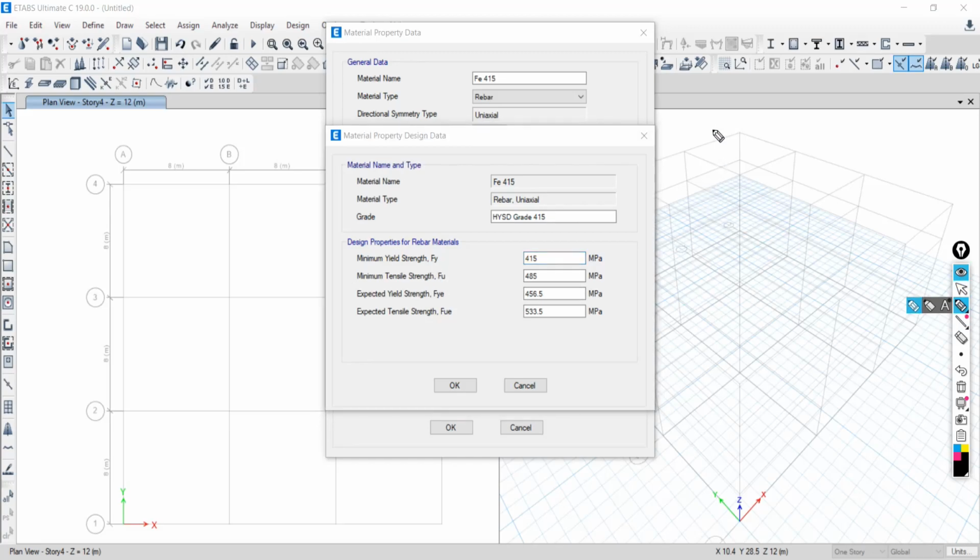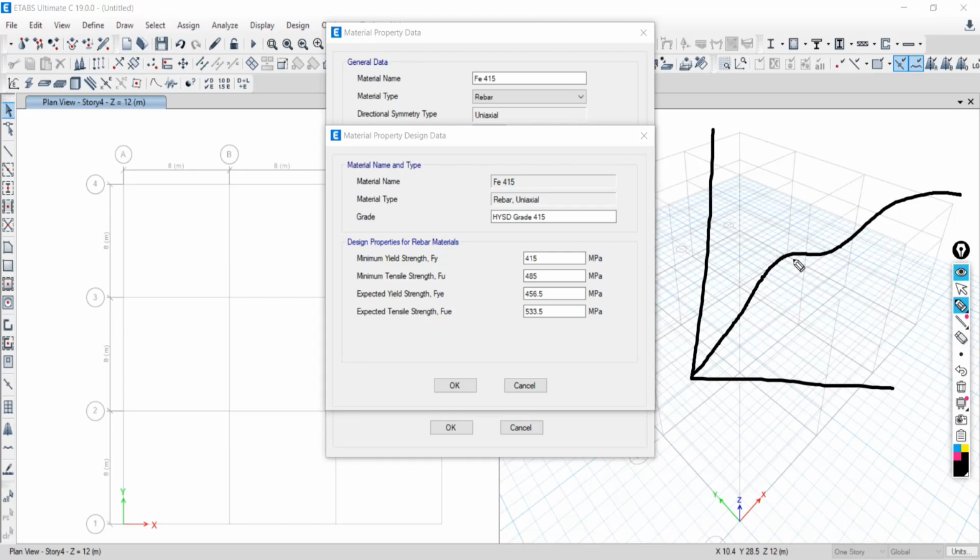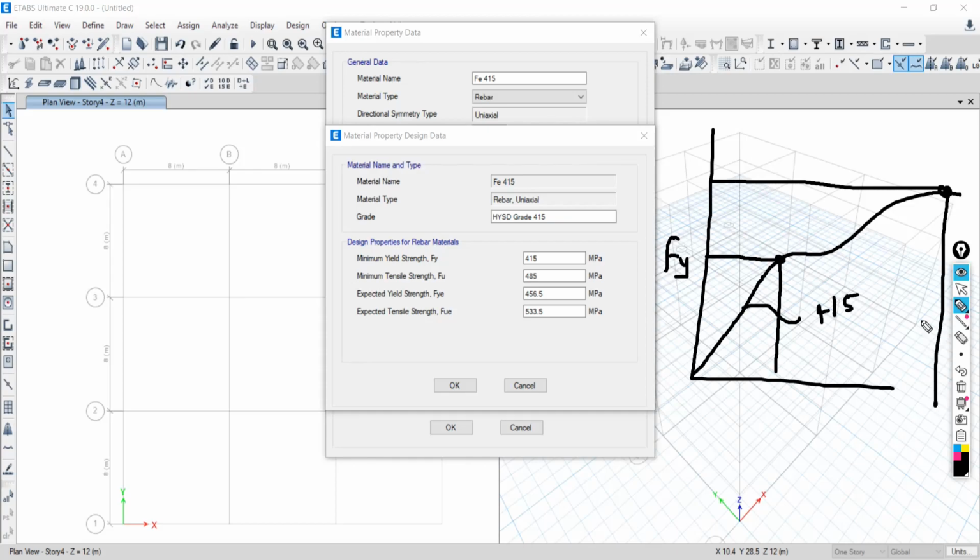I think you might have seen this stress strain curve. This is the yield limit, the yield point, or we can say yield strength. This is the elastic limit. So it is actually the 415. And this is the ultimate strength.